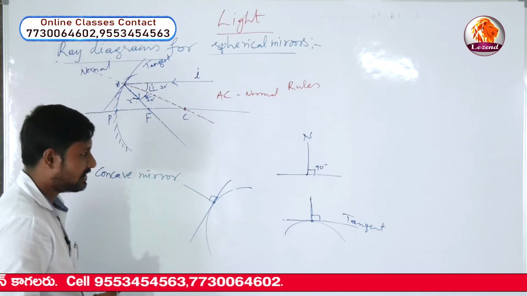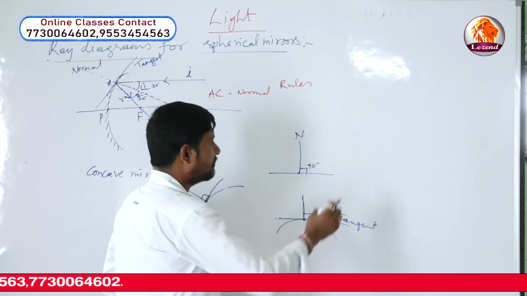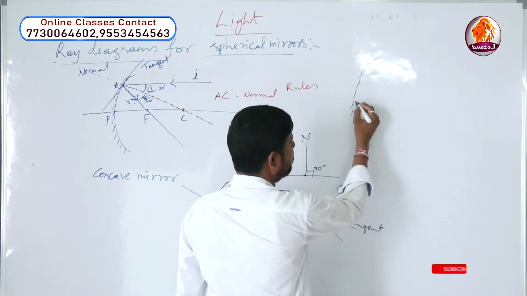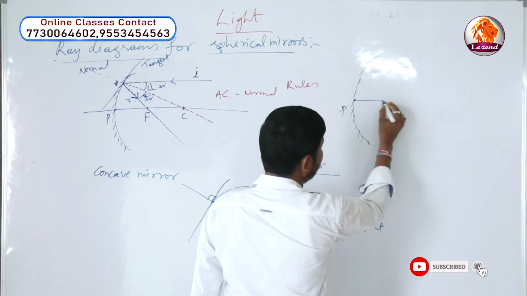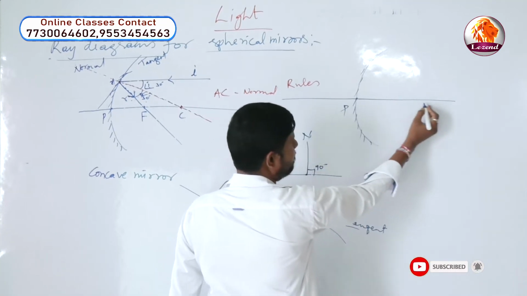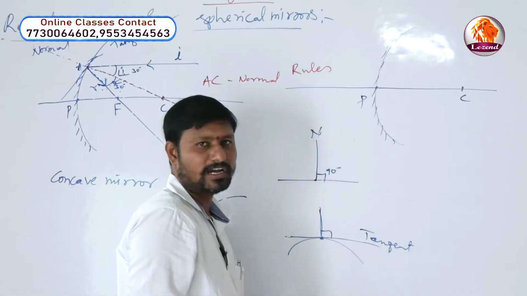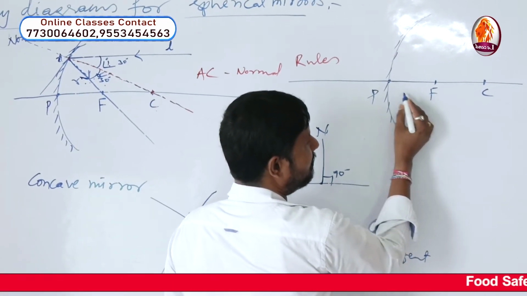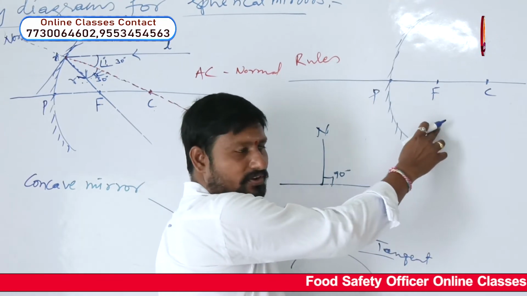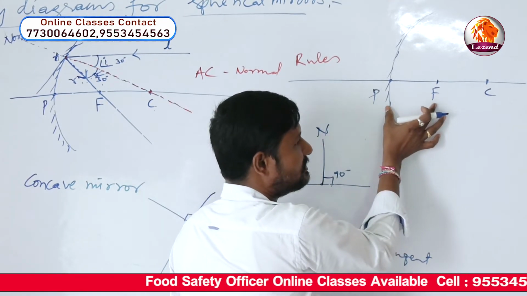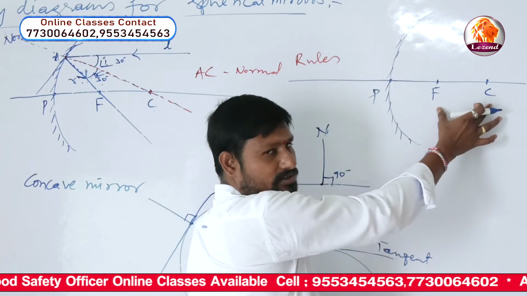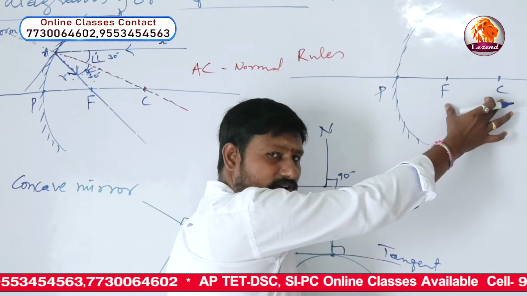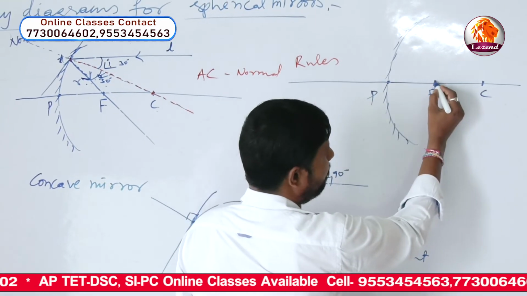But here one more important point is, in front of a mirror, this is a concave mirror, pole of the mirror, it's a center of curvature C, and as you know the midpoint of this PC, exactly the midpoint, that means P to F and F to C, this distance is the same. This linear distance is equal to this distance. Suppose if P to C is 10 centimeters, F to C is also 10 centimeters. So it is exactly the midpoint now.